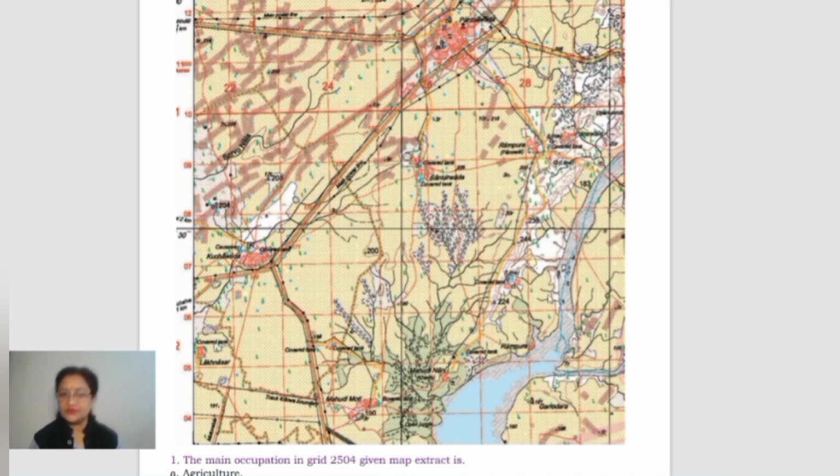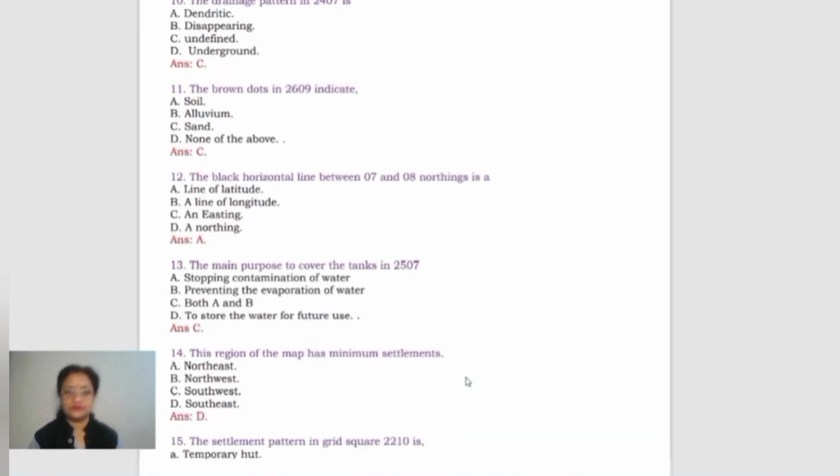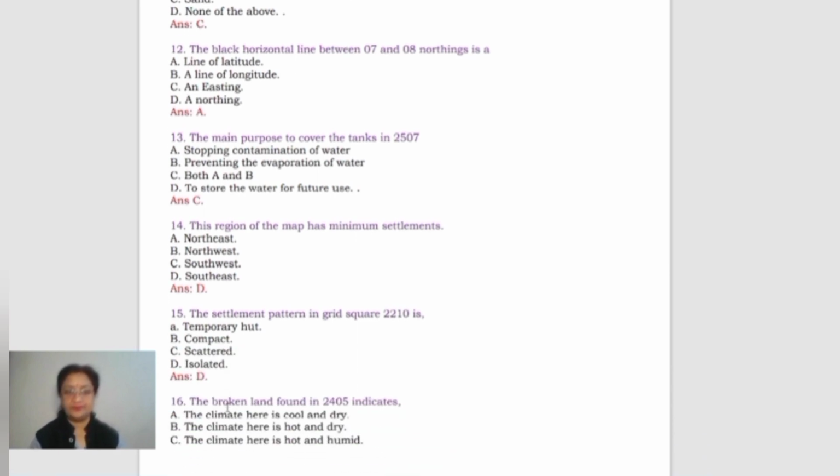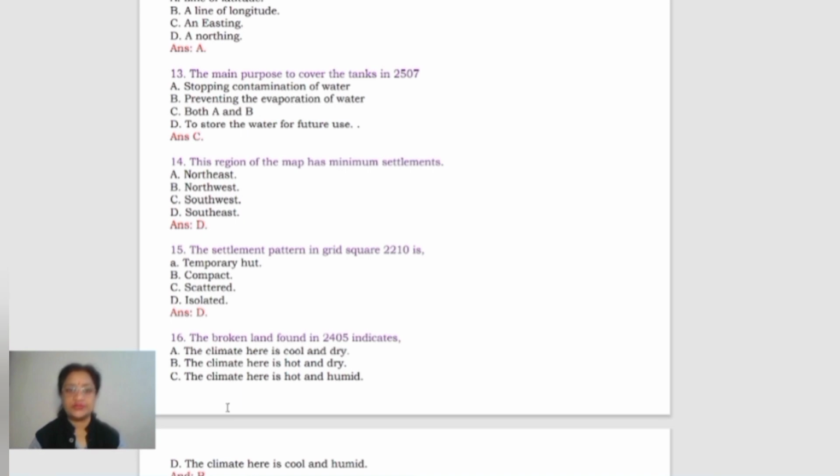So it can be the southeastern part. Now let's see the options: northeast, northwest, southwest, southeast. It is the southeastern part, option D. The next question: the settlement pattern in grid square 2210 is